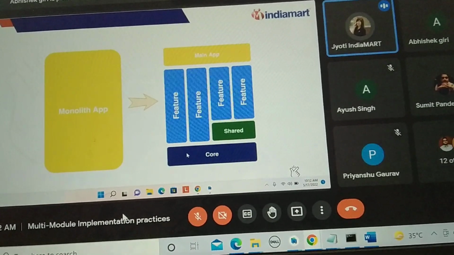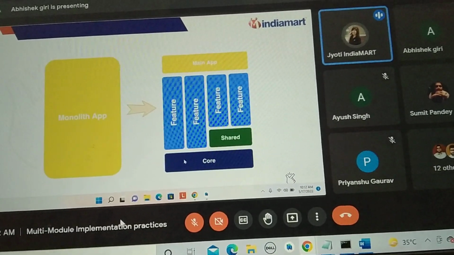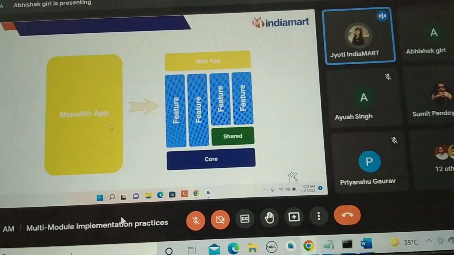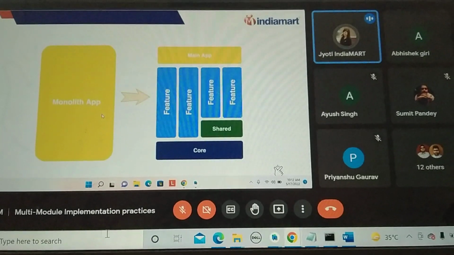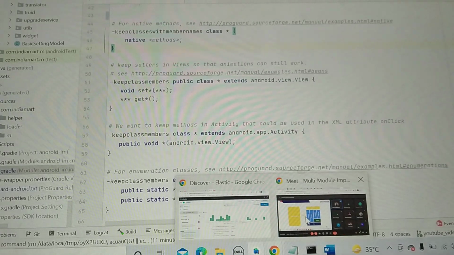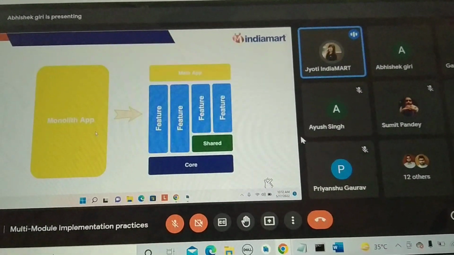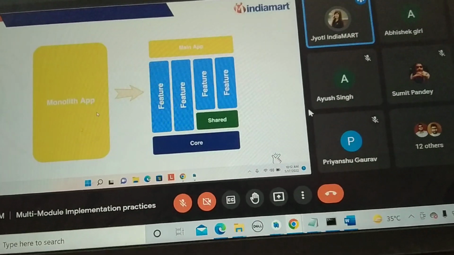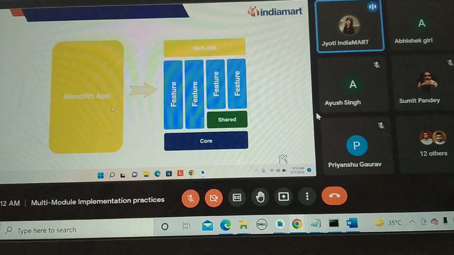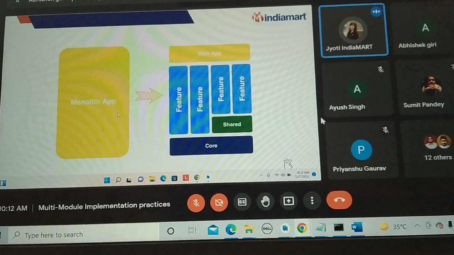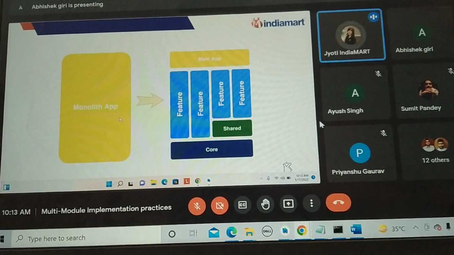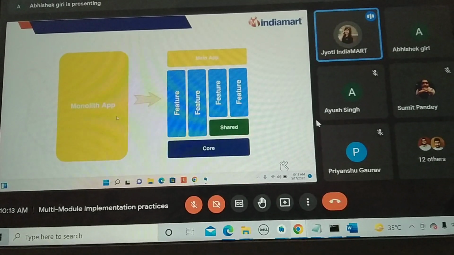So here Abhishek wants to tell you कि monolith app is something इसमें कि सारे modules एक साथ combine होते हैं। जैसे कि right now हमारी class है, इसके अंदर सारे modules एक साथ ही combine हैं। But what we are saying कि अब हम इस जो हमारे पास application होगी इसको features में break कर रहे होंगे, modules में break कर रहे होंगे कि LMS separate होगा, BMC separate होगा, backend separate होगा, आपका login process one time use होता है that will be separate. तो we are trying कि हम जितने भी छोटे-छोटे modules में इस app को divide कर सकते हैं, हम उसमें इसको divide कर रहे होंगे।